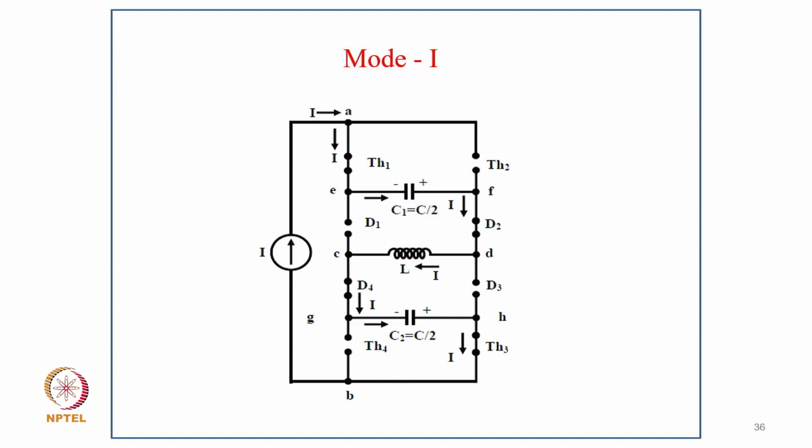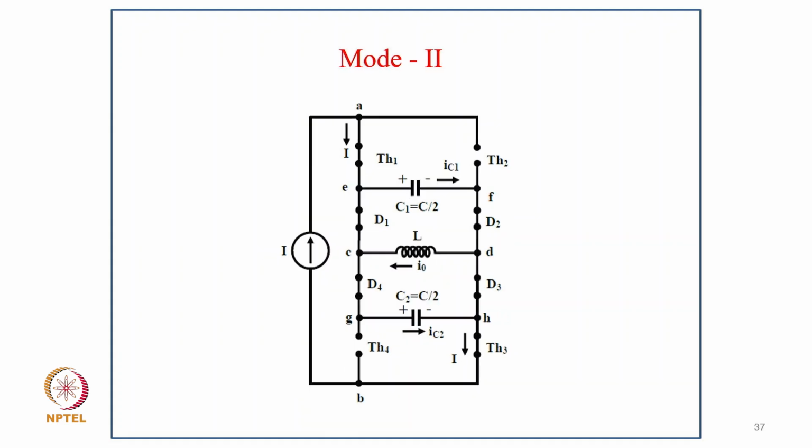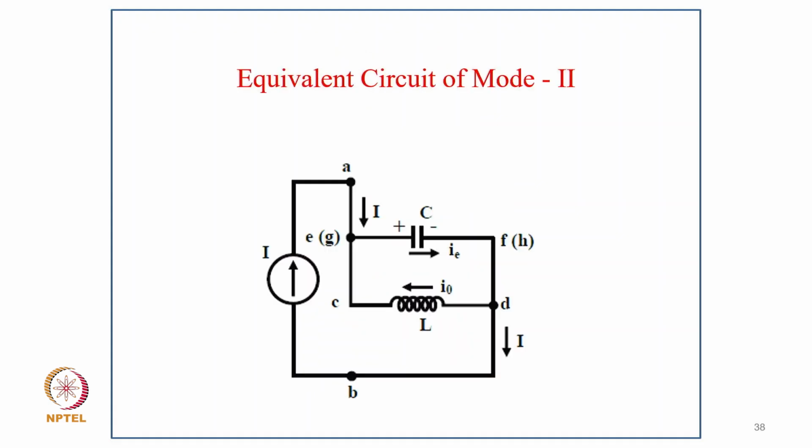And this is a typical circuit for mode 1, how the current flows. When TH1 is fired, the capacitor initially forces current towards D2, and this thyristor gets reverse biased, similarly on the bottom side. And similarly, when the capacitor is completely charged, this is how the circuit operates.